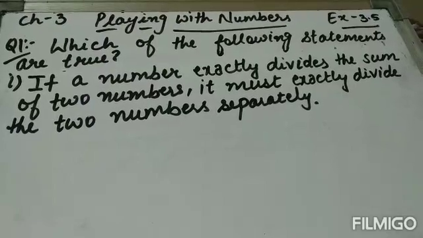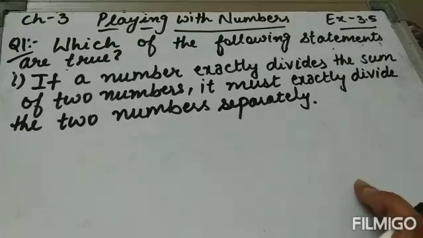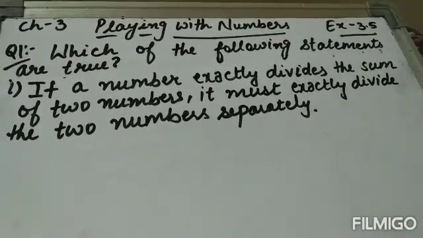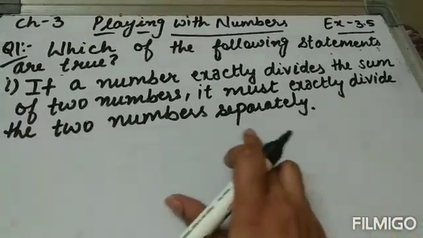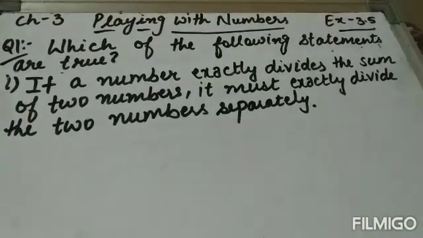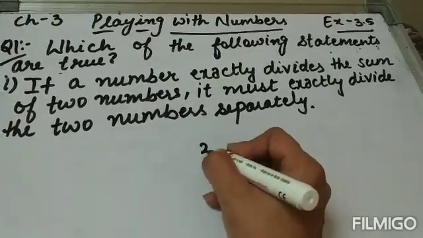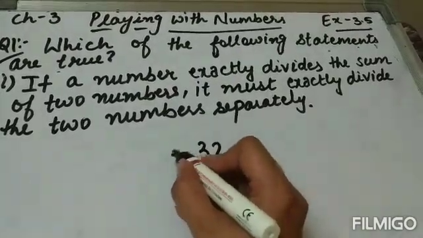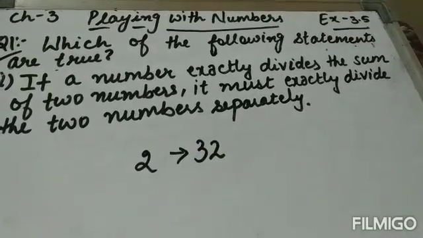I part is if a number exactly divides the sum of two numbers. Means अगर कोई number है वो किसी नंबर को डिवाइड करता है, एग्जैक्टली डिवाइड करता है, जो कि दो नंबर्स का सम है, it must exactly divide the two numbers separately also. I explain you with an example. See, suppose I am having a number 32 and 32, this 2 divides 32 exactly, and if I write 32